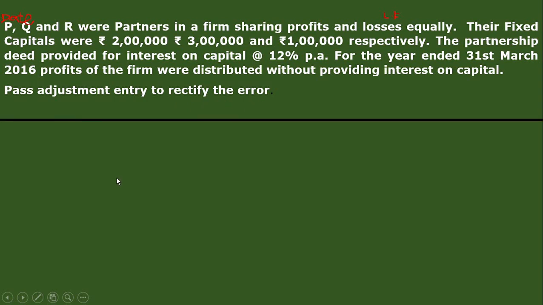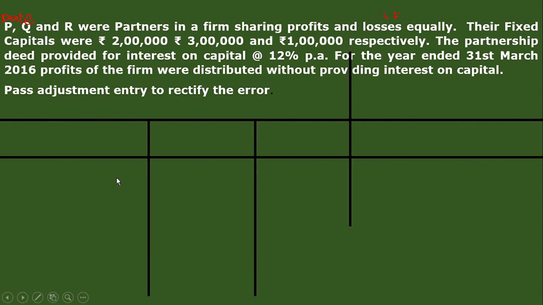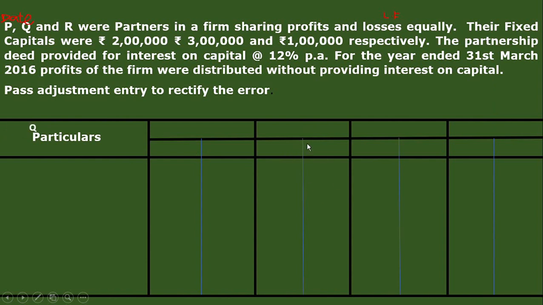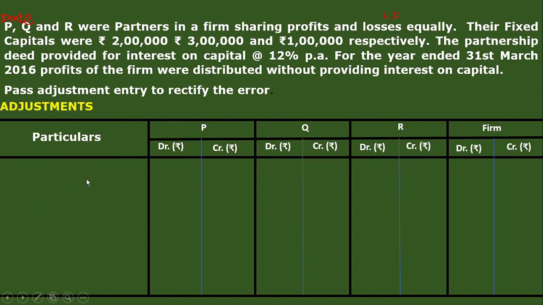Make the format of the table of adjustment. You know how to make it, so do it quickly. Write down particulars here. Next, the partners' names, P, Q, R, and then here the firm's account. Then debit and credit. These are all you have to do together. Now what you have to do,